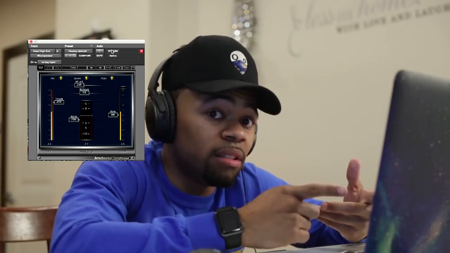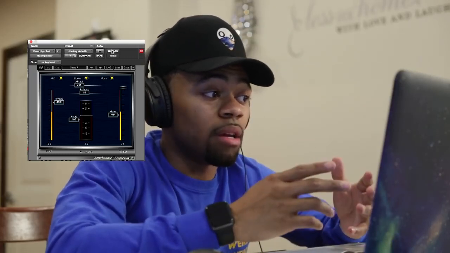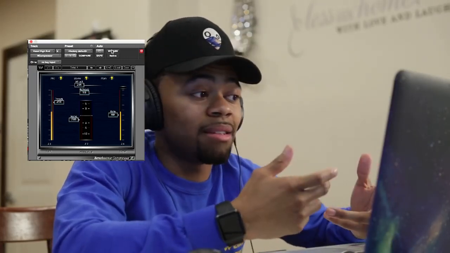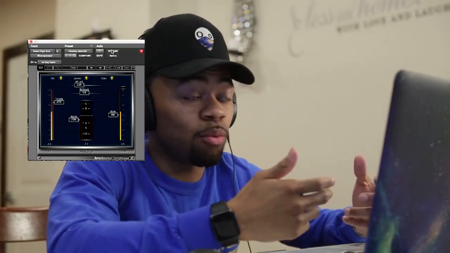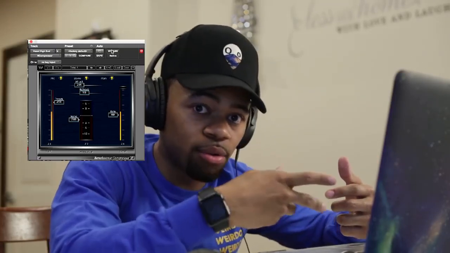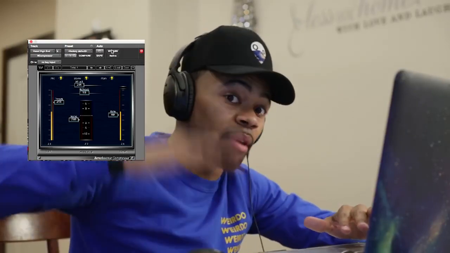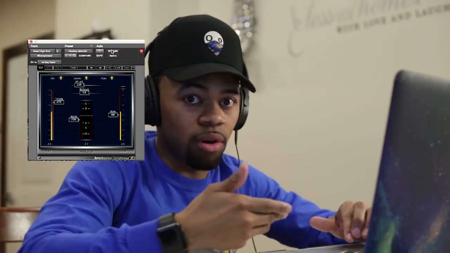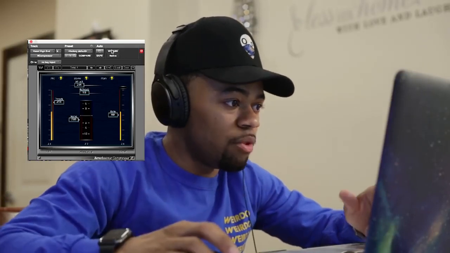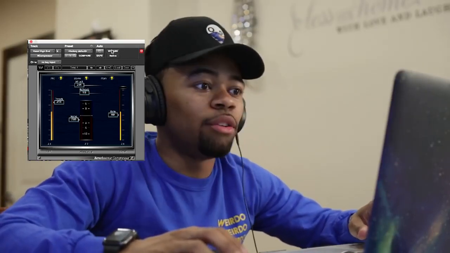Cool. So you can actually see the compressor only engaging when those S's and T's come out, because that's basically what's been boosted, and that's what comes out the most with the sibilants, like I've showed you in previous tutorials. So basically I have the attack controlling those S's and T's, bringing them back down so that it's not too jarring to your ear. Cool. So you see it right there. I have it. Next thing I like to do is the